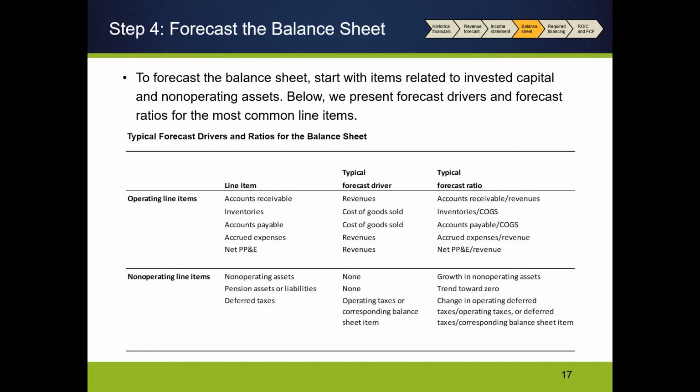So again, net PP&E is going to be kind of a tricky thing here. We're going to forecast it out as a function of revenue because we do assume that in general, our requirements for fixed assets are going to increase or decrease with revenue. If I sell tons more product, I'm going to need more machinery, more manufacturing space, factory space. I'm going to need more space to house all my employees. I'm going to need more delivery trucks, et cetera, et cetera, et cetera.